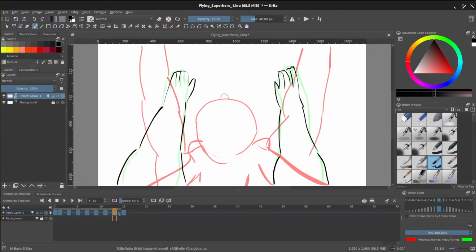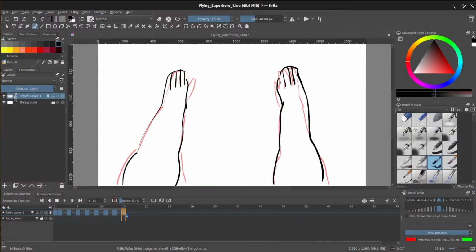Alright, and then between these two frames, what I really want to try to do